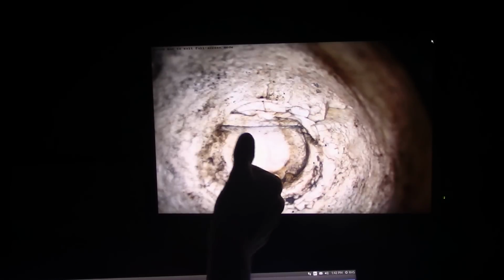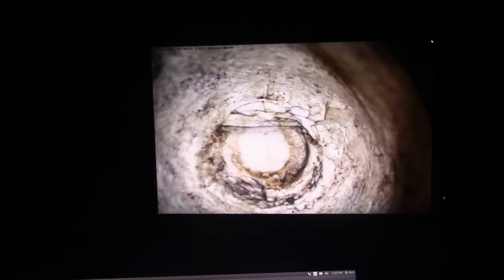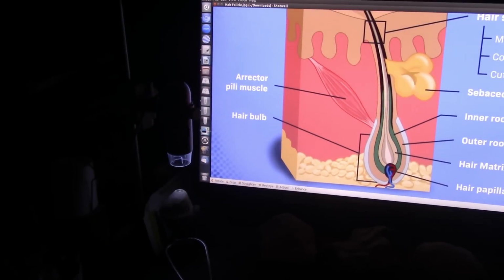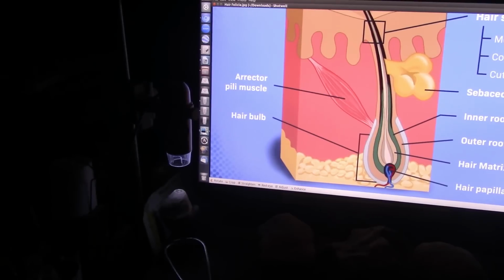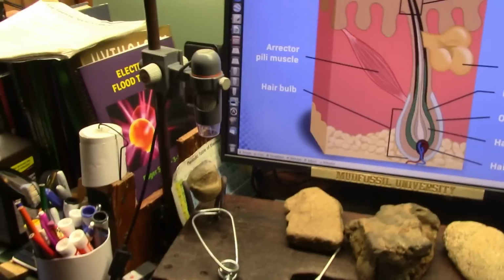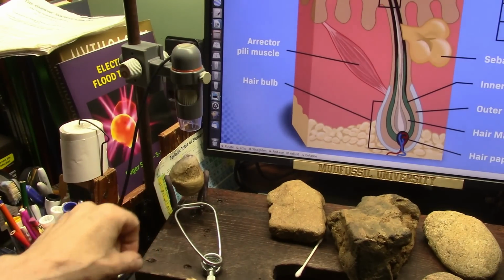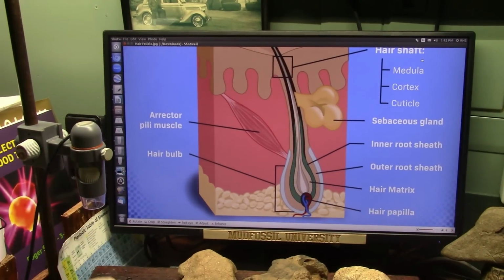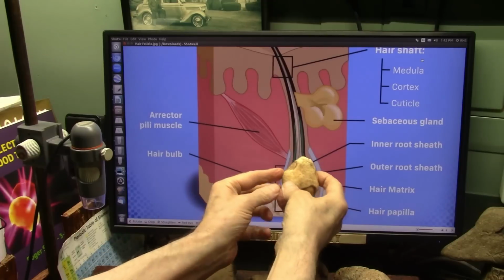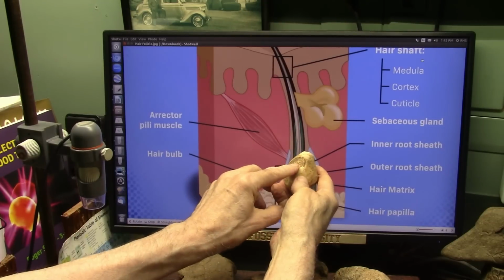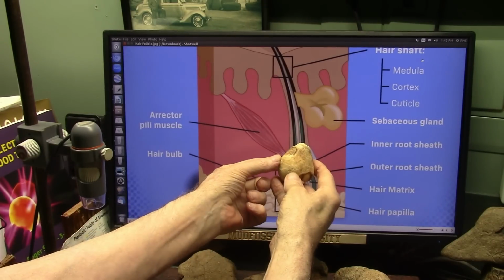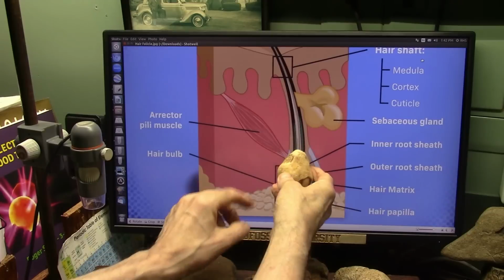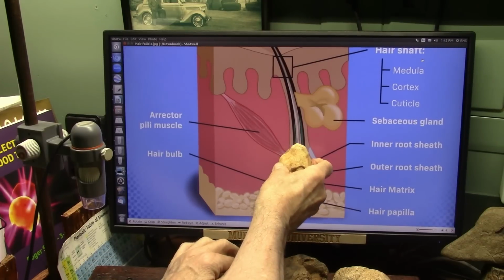And this is coming straight up. Now, this is the hair follicle. Now, here it is. Let me turn on the lights so that we can all see what we see. It's in the microscope, and there it is right there. That's the hair follicle itself. Now, what is this? Well, it's a hair follicle. And what is this? Well, it's the anchor for the erector pili muscle. Right there. It locks right on there. Snap. And that lets your hair go up and down when you get excited.